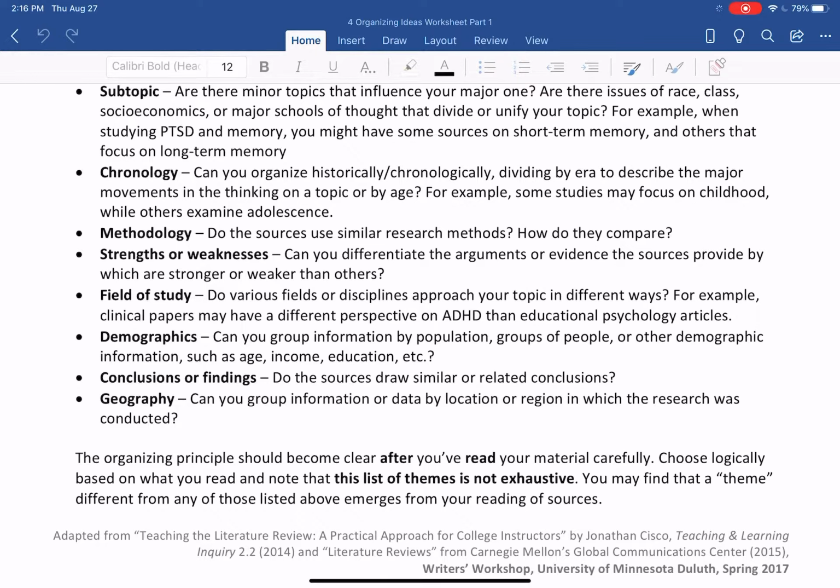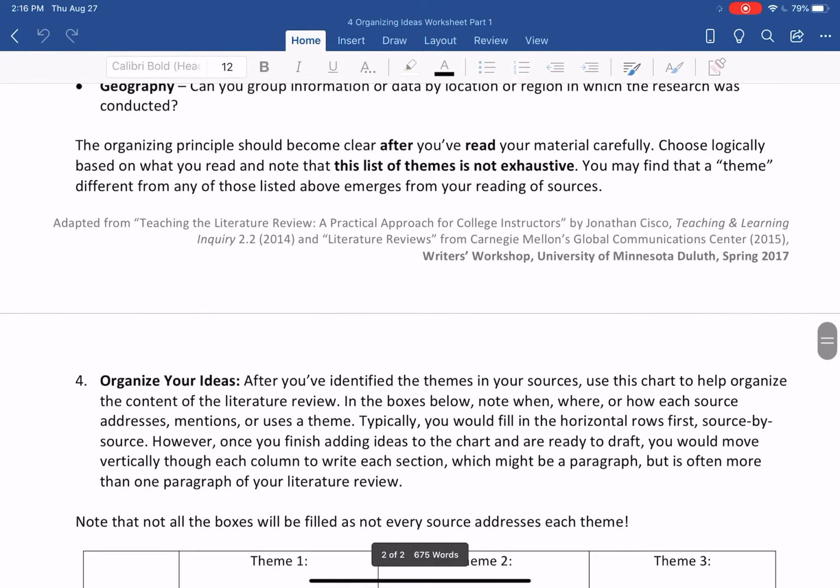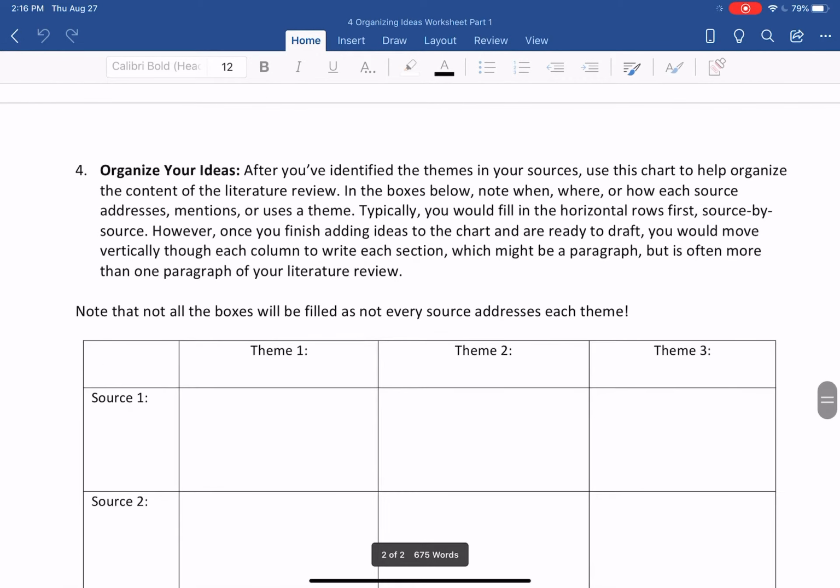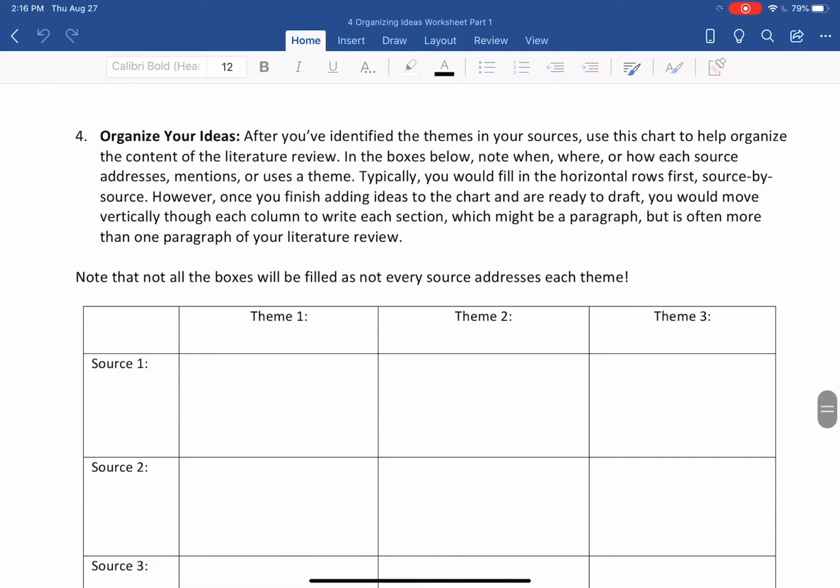Your themes are not limited to the ones listed here, but these are just some ways that you might think about categorizing the information. And when you categorize this information, you're really categorizing your paper as well, and figuring out what the subsections of your paper are going to be. So once you've identified some themes in your sources, you can use this chart to help you organize the content